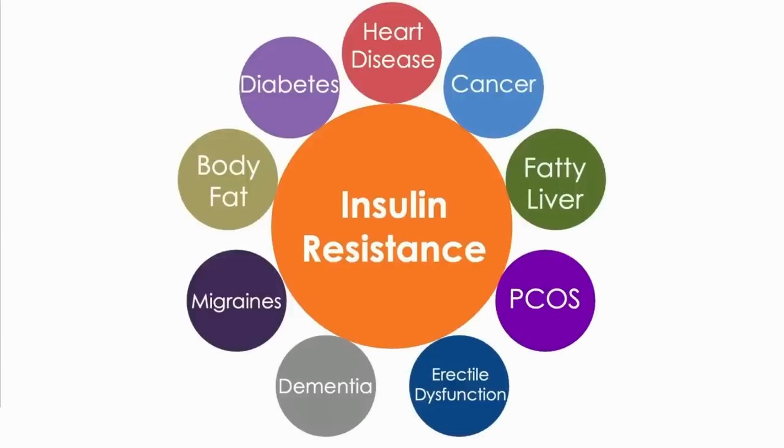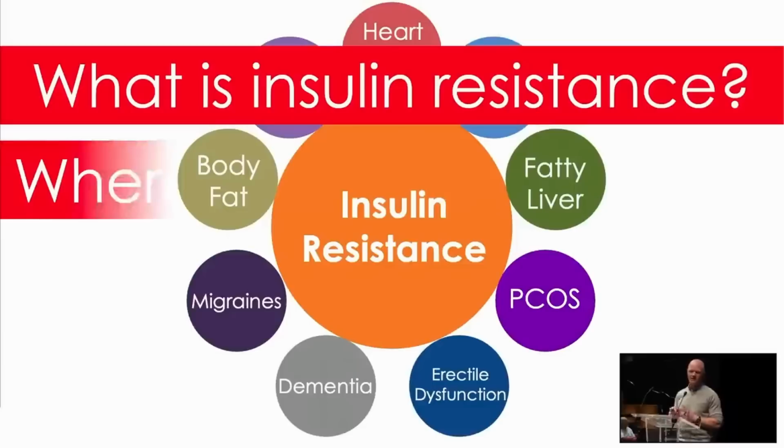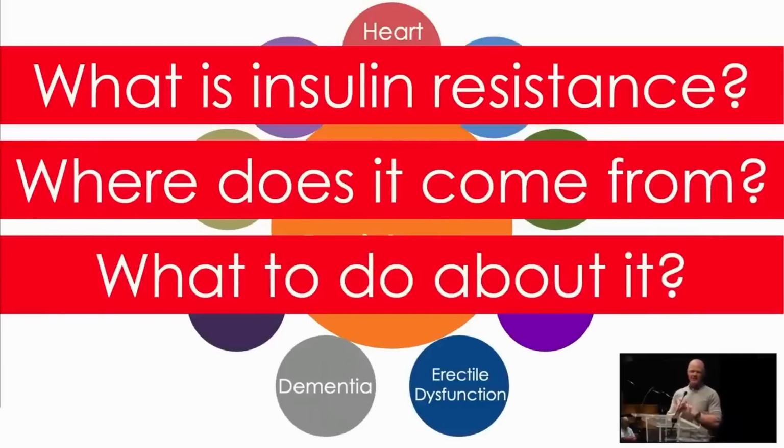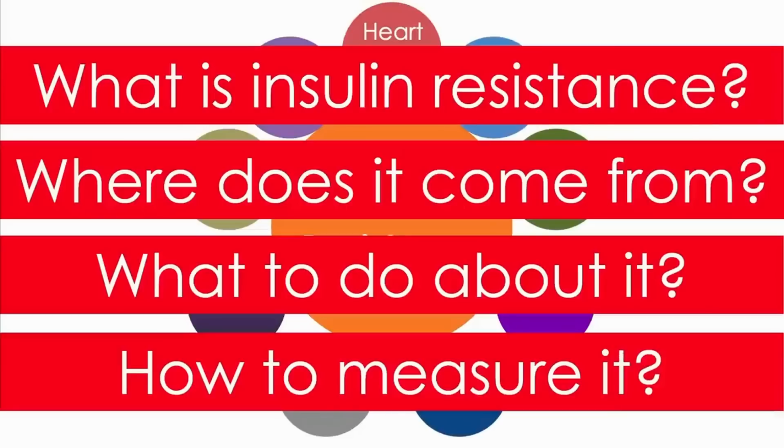Now, as I wrap up, and I show you this wheel of misfortune in some kind of bizarre game show version, there are four key things we've discussed in the time we've had together. We've talked about what is insulin resistance, where does it come from, what to do about it, and lastly, how to measure it. With this information, in all humility, I believe that you are, and we are all collectively, well armed to not only understand this problem, have the emphasis be appropriate, and know how to solve it. And it won't be from popping another pill.